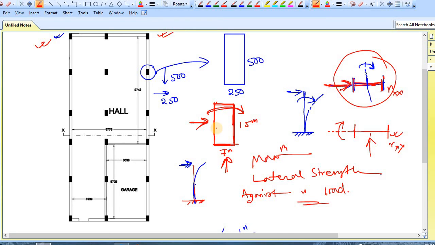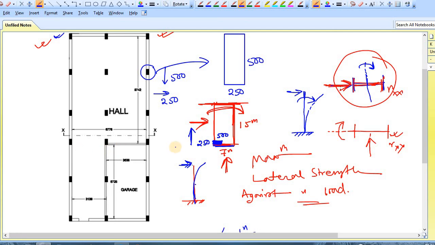So what we have to do is strengthen this direction. How? Simply put the column in such a manner that the strength is maximum. If we put the column like this, the larger dimension 500 is along the shorter dimension of the building, and the shorter dimension of the column, 250, is along the longer dimension of the building.